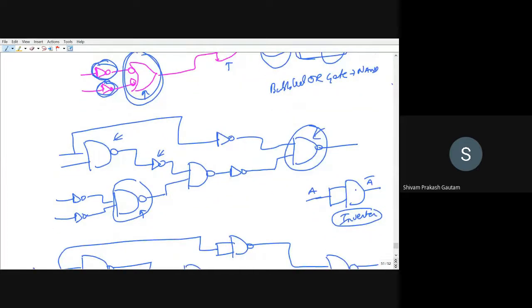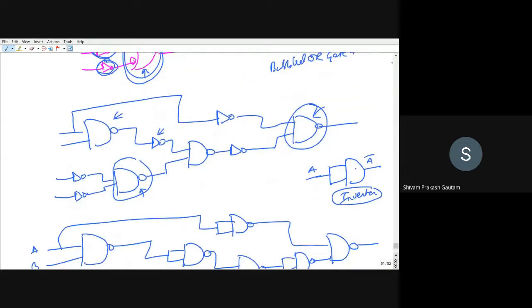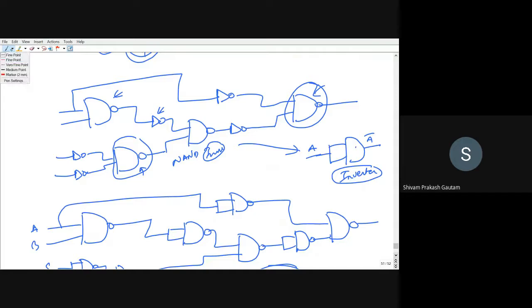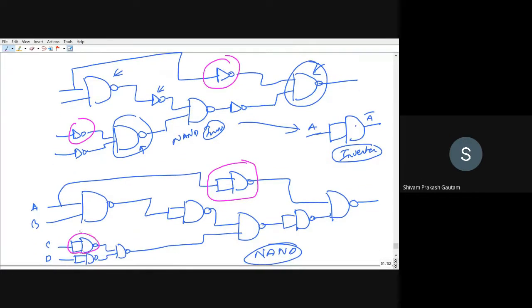And now we are only having NAND gate and inverter here. So inverter, you know how you can make an inverter from a NAND gate. You can make an inverter by shorting the input. So wherever we are having an inverter, we have replaced it by shorting the NAND gate input. If you are having an inverter here, this we have made by shorting the input. An inverter here, shorted the input. You can see inverter here, we have shorted the input here. You can see inverter here, we have shorted the input here.